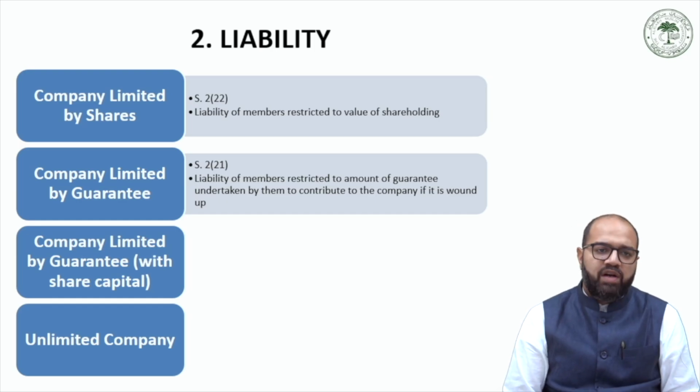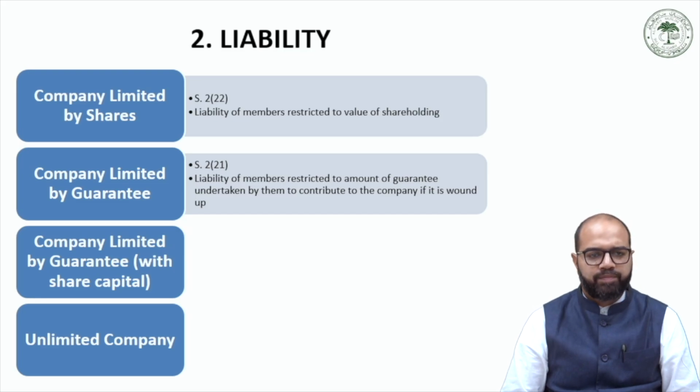So as you know, the definition that is provided under Section 2, Subclause 21 is a complex definition with a lot of legalese, but to simplify it for the benefit of our learners, it means the liability of members is restricted to the amount of guarantee undertaken by them to contribute to the company if it is wound up or faces any financial trouble. The expression company limited by guarantee can be misleading, as the word limited